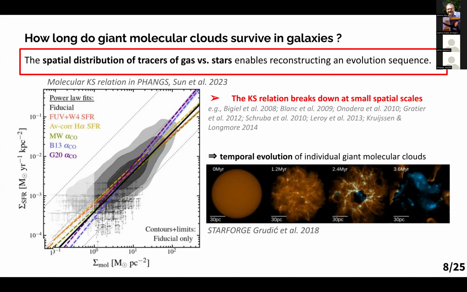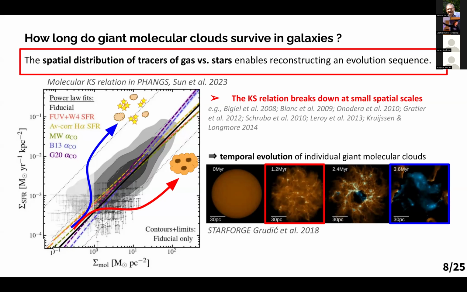To illustrate this, if we capture a molecular cloud in this phase, before the star formation is starting, well, you're only measuring some molecular gas emission, but no star formation rate tracer. So the molecular cloud is going to appear below the Kennicutt-Schmidt relation. On the other hand, if you capture a molecular cloud that is at the end of its life, you're mostly capturing the emission from the stars, but the molecular cloud is already destroyed. So you have a positive bias. You measure a star formation rate which appears to be higher compared to the molecular gas.